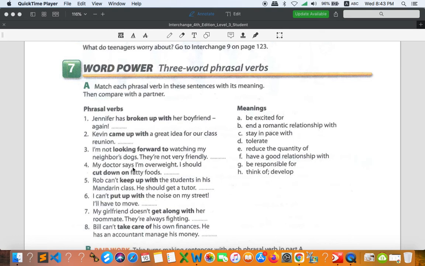My doctor says I'm overweight. Overweight means your weight is heavy. Let's say your body is heavy, so overweight. I should cut down on fatty foods, the food that is fatty. So you can say cut down on is, right here, letter E, reduce the quantity of. Okay. Number 5,